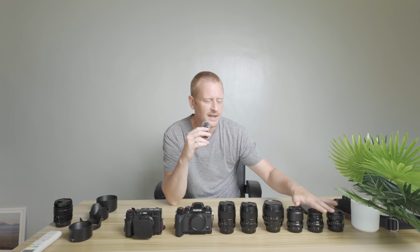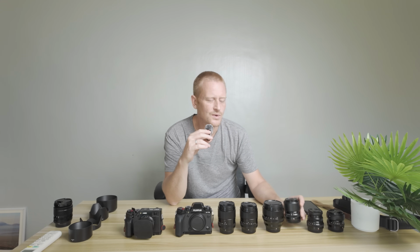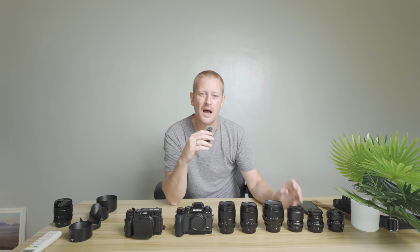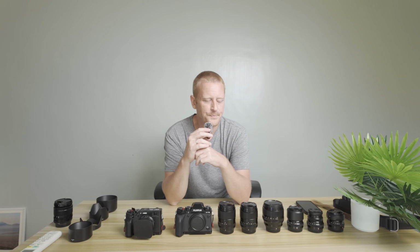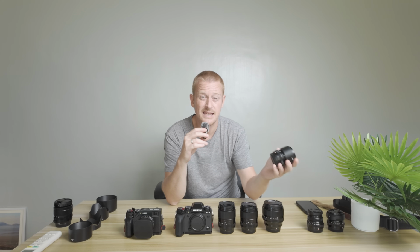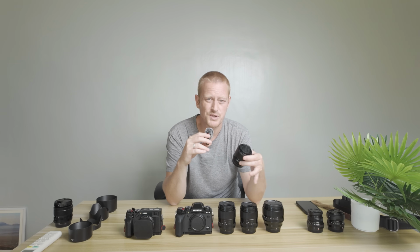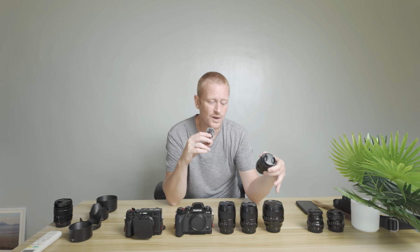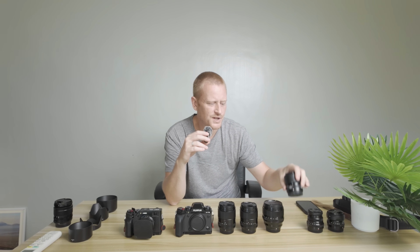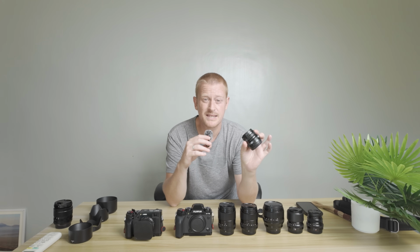Now I also had the f2 variants, and they're duplicating again, so you could say that they're unnecessary, but I do a lot of travel by motorbike here. If I'm getting tight on space, the performance and the weather sealing of these is excellent. I don't really always need the super shallow depth of field that you'll get with the 1.4 and the 1.2 variants of the lenses. So the 50 f2 I have, the 35 f2, and then I also have the 16mm f2.8,